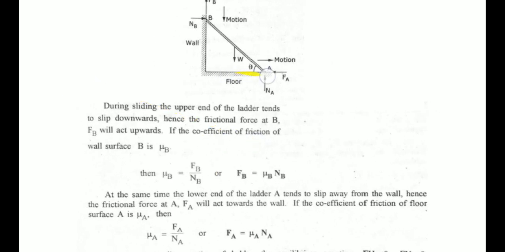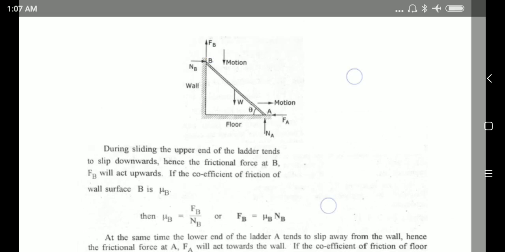Free body diagram for ladder. So this is a floor and wall, and the ladder is placed here. Self weight of the ladder is W. So there are two points, A and B. When a man climbs, there will be a slide down motion. So that motion may be at point A, the motion may be towards forward. Therefore, it is balanced by the friction force FA. So motion is here. It is balanced by friction force FA,